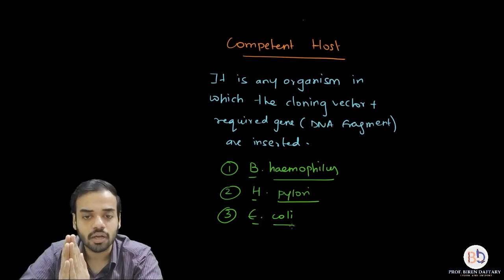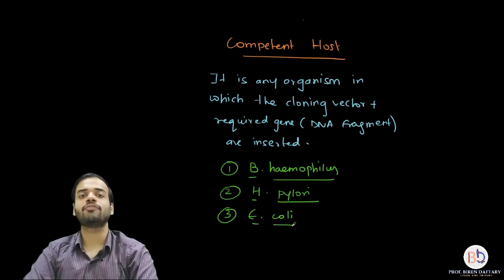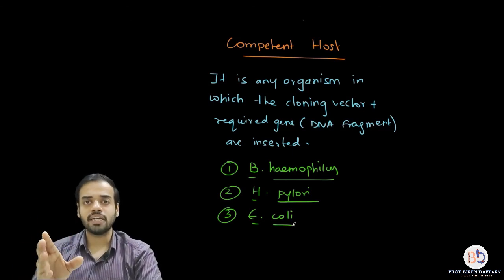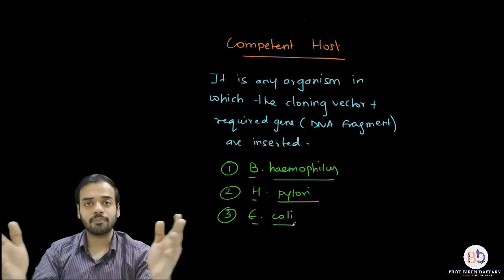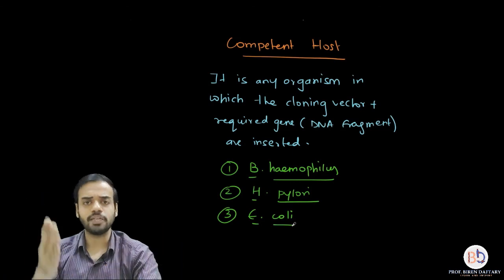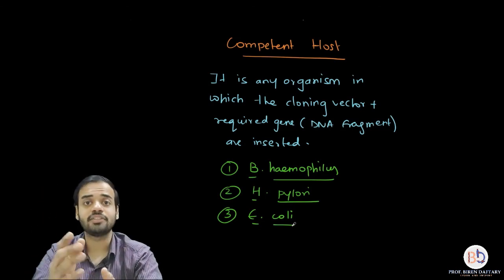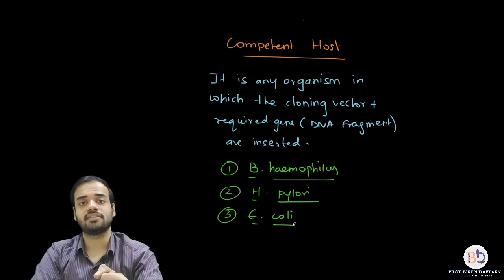Is this clear? Okay, so with that we have completed the entire part of tools and techniques for recombinant DNA technology. We have finished with all the requirements. To make a summary, what are the requirements for recombinant DNA technology? First, we require instruments. We require many different methods to separate the macromolecules: spectroscopy, mass spectrometry, ion exchange chromatography. We also studied polymerase chain reaction, which is a means of amplification of the gene or the required DNA fragment. So that is the first part, instrumentation under tools and techniques.